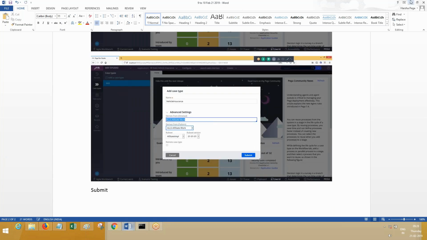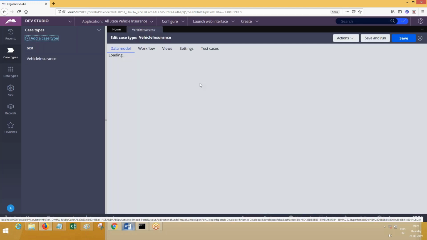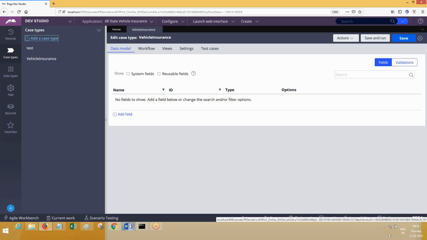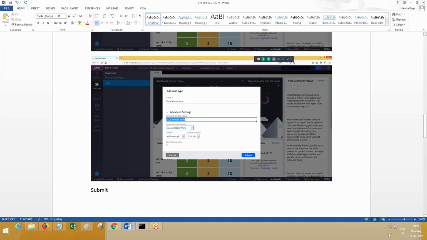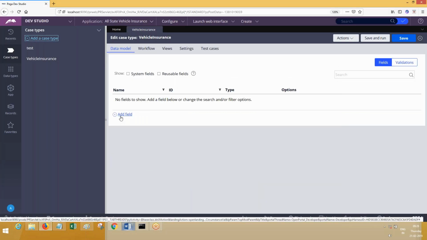So once you submit it, previously I have shown you while creating the test case type, I added some properties here, right? Now, do I have to add properties related to the customer form and vehicle form, or do we already have those properties, sections, and flow actions available? We have all those available, right? In which classes are those available?